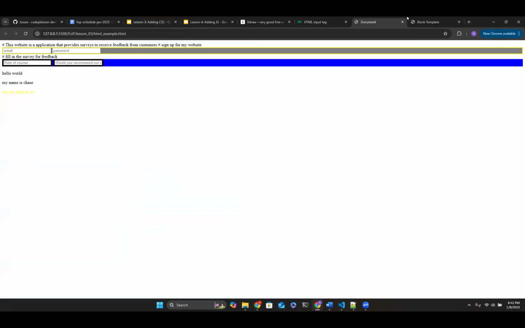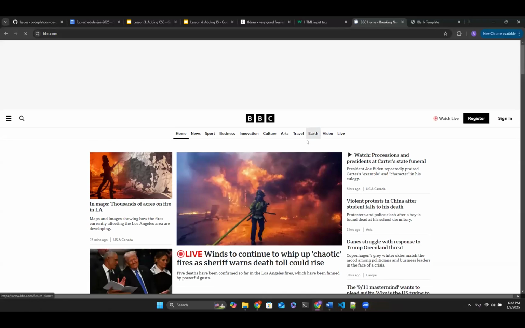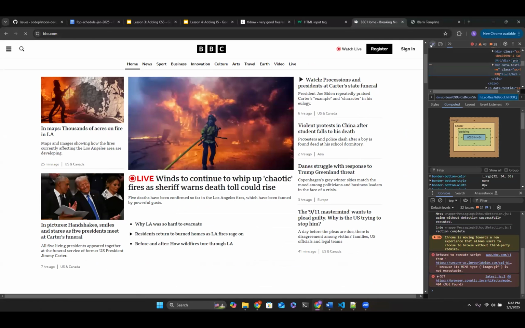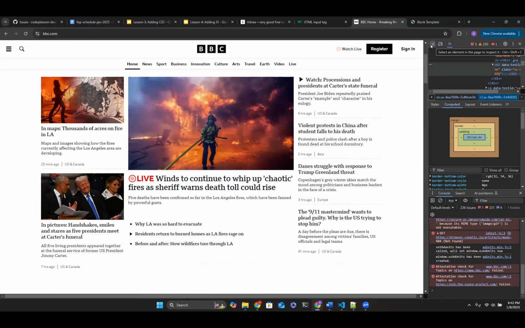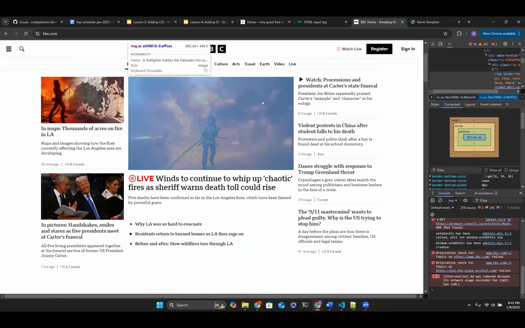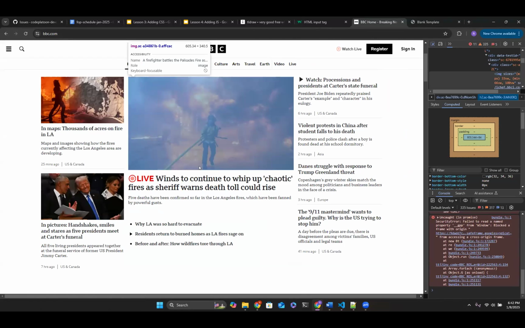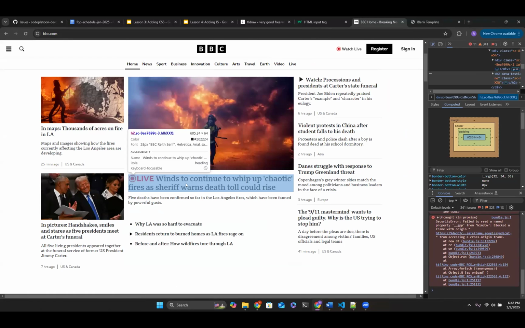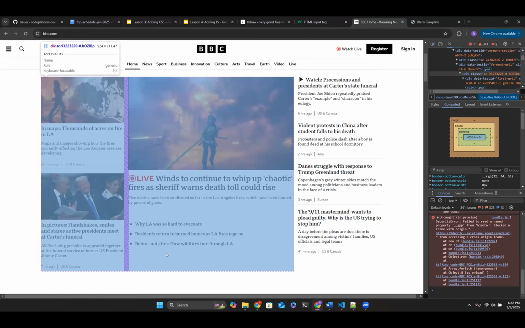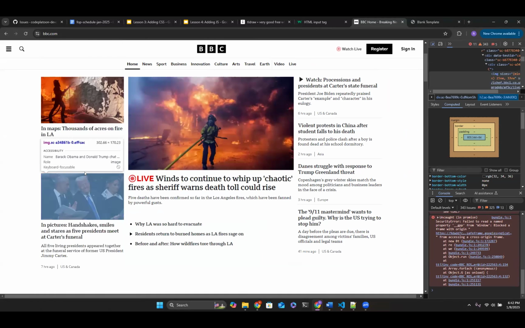If we visit our other web pages, like the BBC page again, we can see how it's all a bunch of boxes. So we're here at the BBC website. If we go to the inspect tool and press this dotted screen with the arrow, it lets me select elements within this page. Just selecting over an image, we see that this is a box itself. The text is wrapped in a box. This whole section right here is a box.